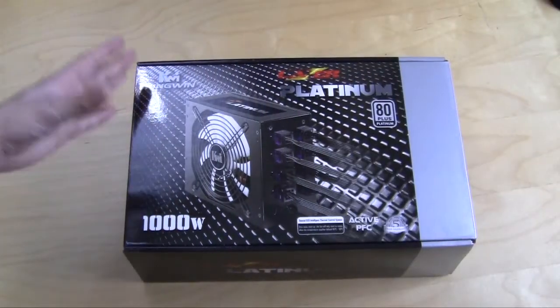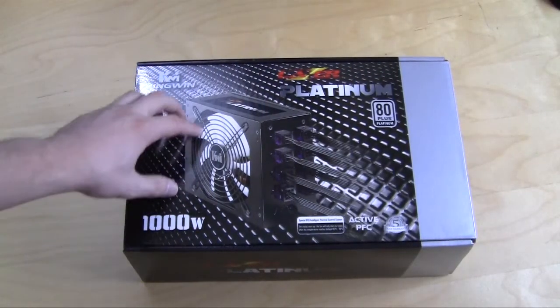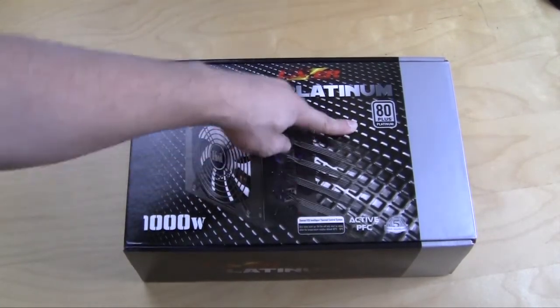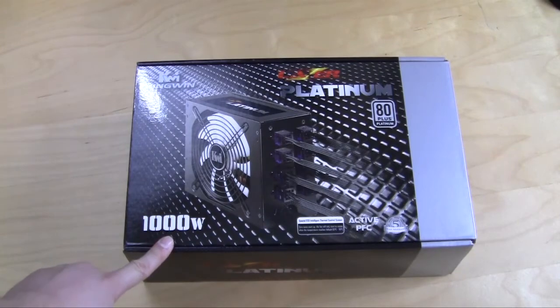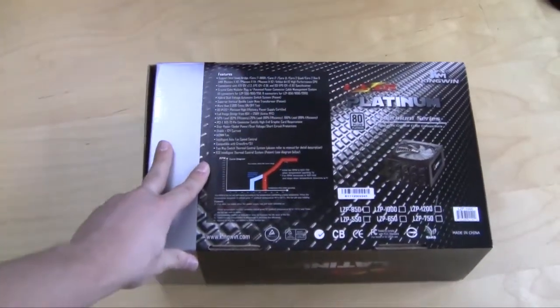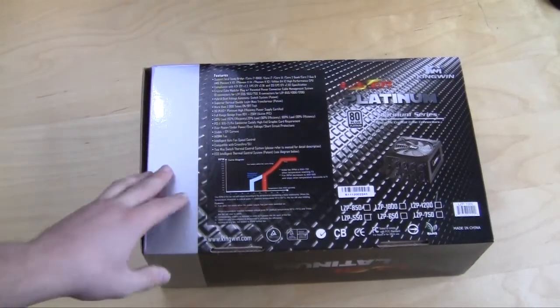So the box is pretty plain. On the front, Kingwin has a picture of the power supply, and it lets us know that it is 80 plus platinum certified, and it is a 1000 watt power supply. Now on the back here, you have a listing of the features, and it tells you a little bit about the